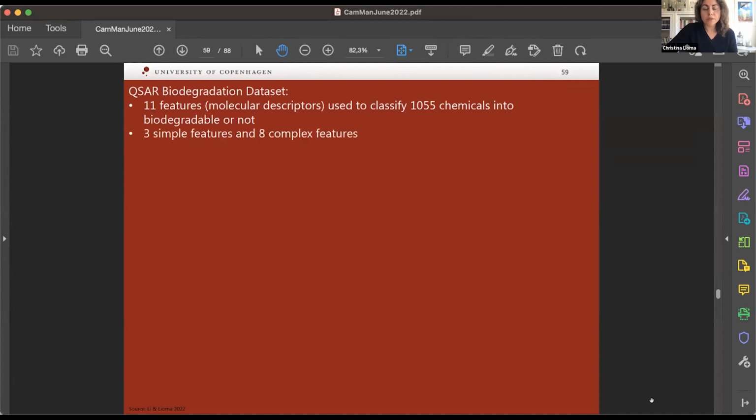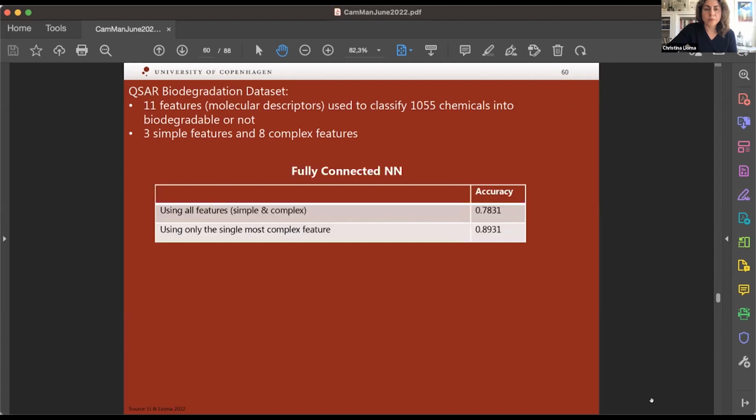Out of those 11 features, 3 are simple and 8 are complex. This is the distribution of simple versus complex features, and we have split them into these two classes according to the number of linear pieces that the piecewise linear classifier converges to for each of those features.